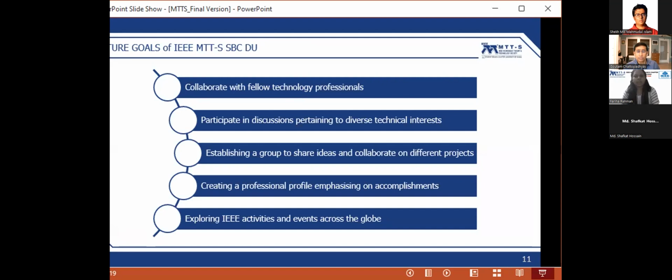As we set out on this adventure, we are dedicated to creating an active community of people who are passionate about innovation and education. First and foremost, our primary goal is to create a platform that encourages collaboration and knowledge sharing among our members. We wish to collaborate with fellow technology professionals. The field of microwave engineering is vast and dynamic, and we firmly believe that together we can achieve much more